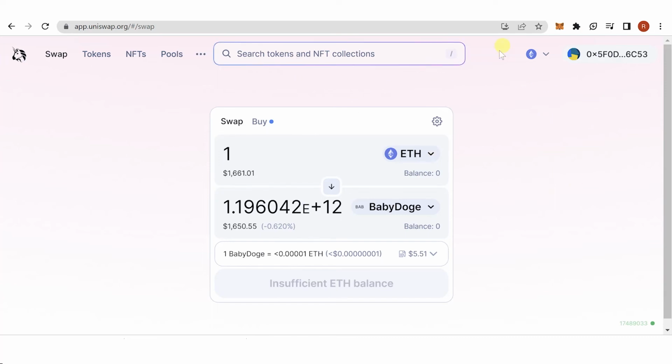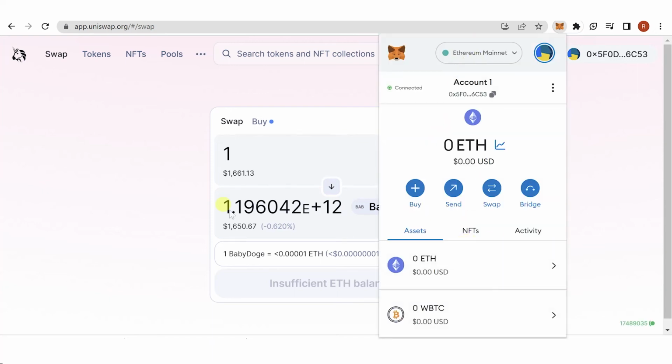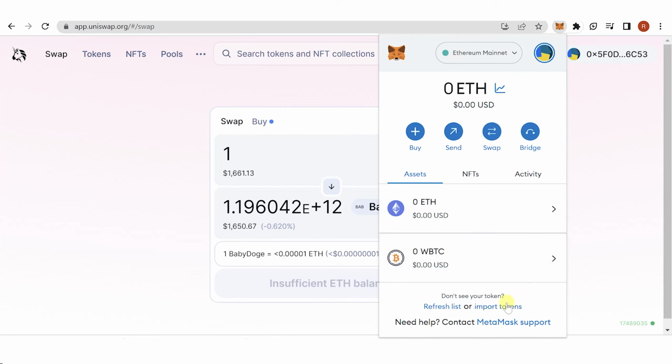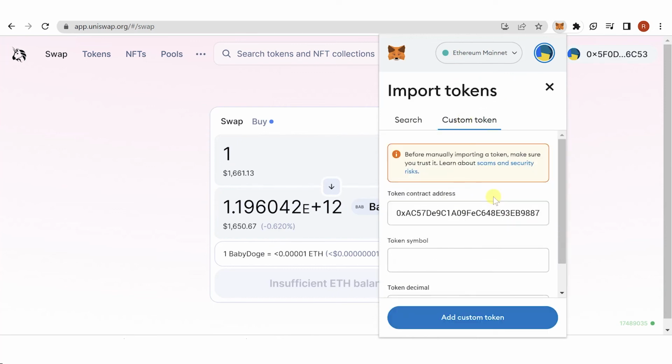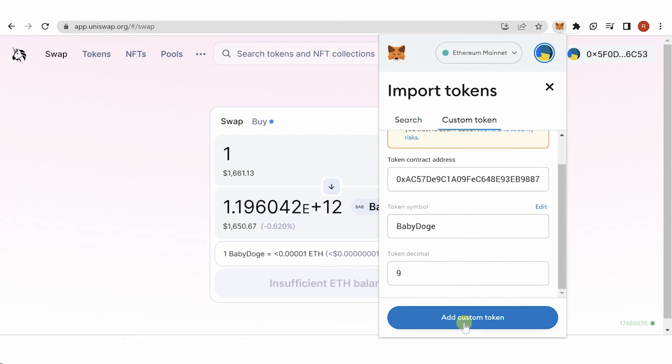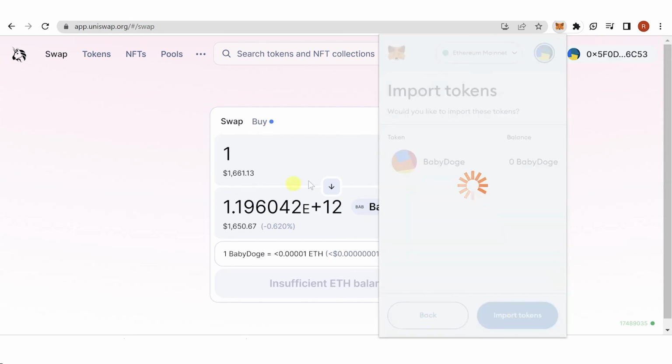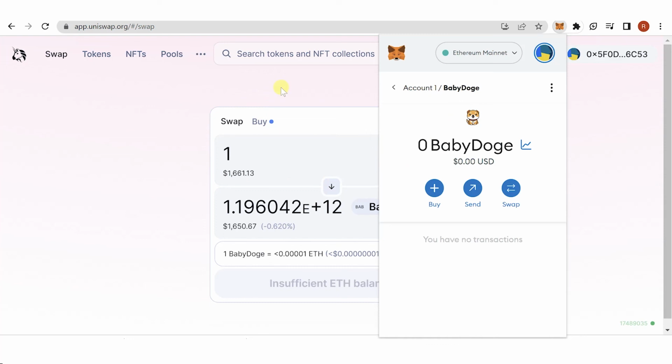And once the transactions have been completed, you can just go back to MetaMask wallet and then check if you have received the Baby Dogecoin. But if you can't see your Baby Dogecoin here, click import tokens, go to custom token and paste the contract address here, and then click add custom token, click here, and then you will be able to see here your